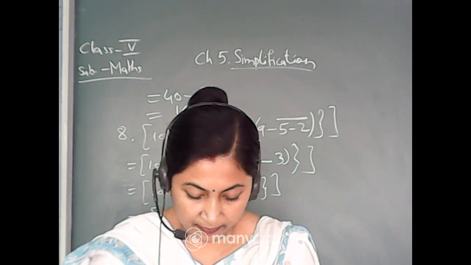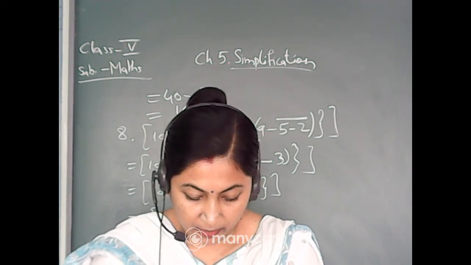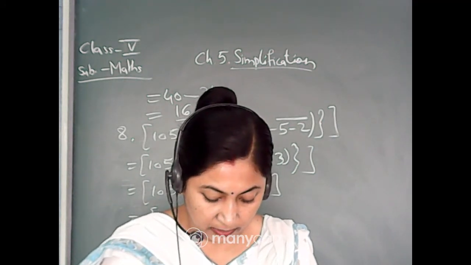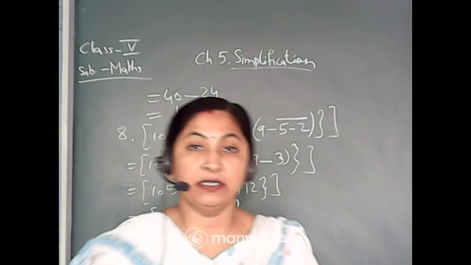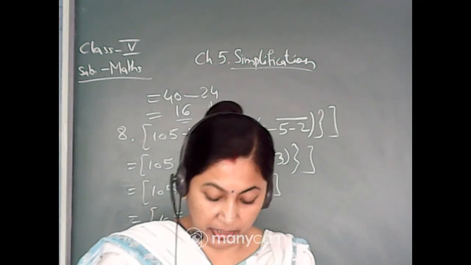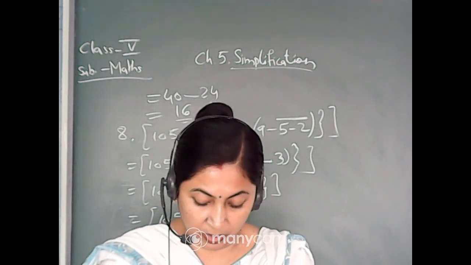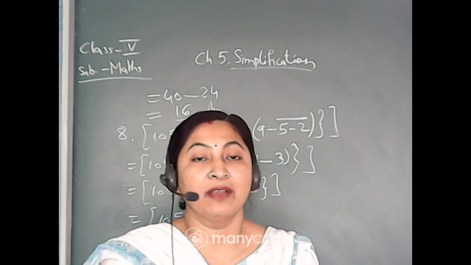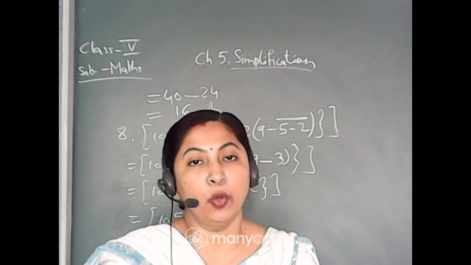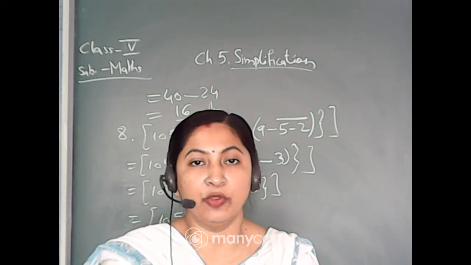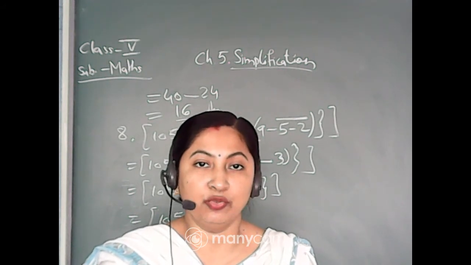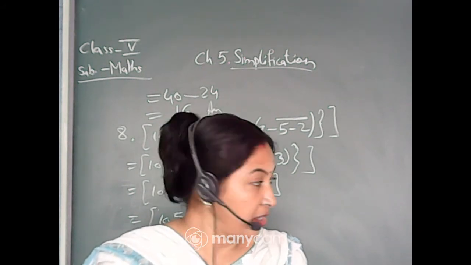Now come to chapter number 12. Measures of mass. See, measures of mass, it is in your Math Magic, the last chapter. Okay, how heavy, how light, that one. Come to exercise 56. Directly come to exercise 56. Here the conversions are given. The conversions from lower to higher units and from higher to lower units. You have already done the conversions in your class 2, 3 and 4. Isn't it? So nothing new to you.